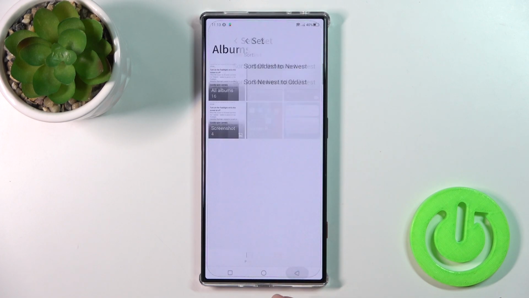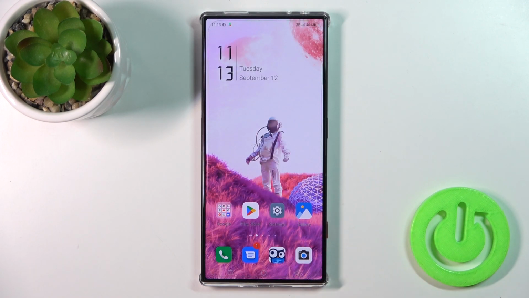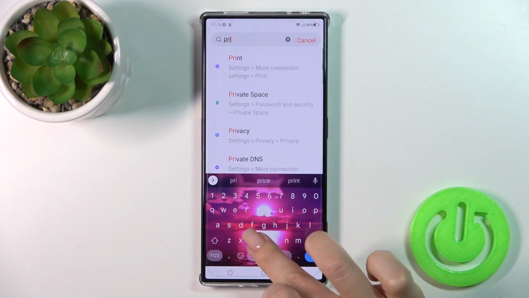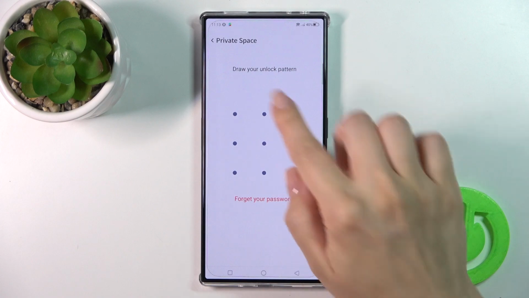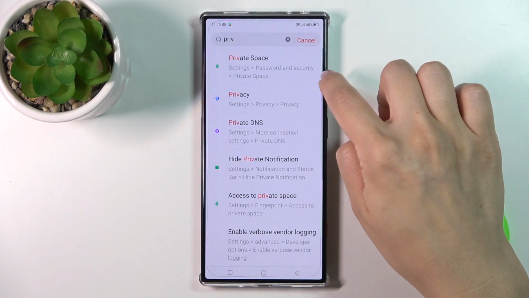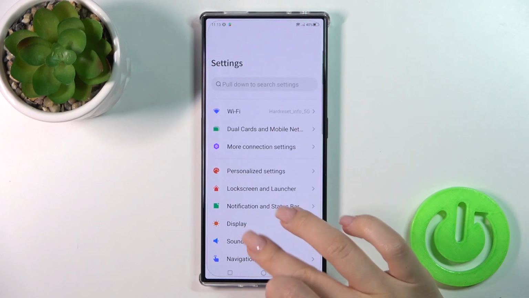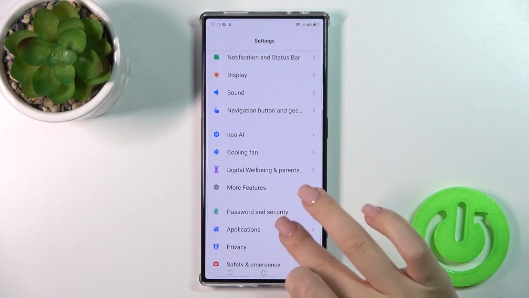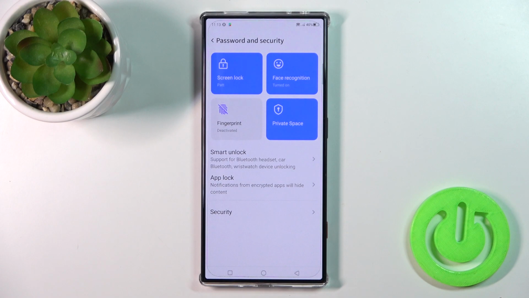So just let's open the settings. Here let's enter the private space. So you could find it in the settings, password and security and private safe. So you could just here enter the private space, or just go to the password and security, click